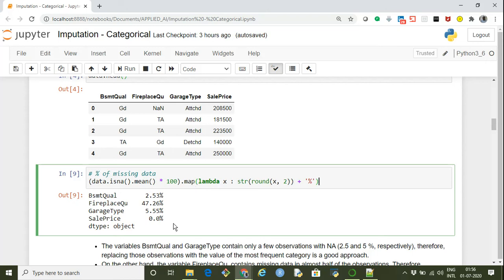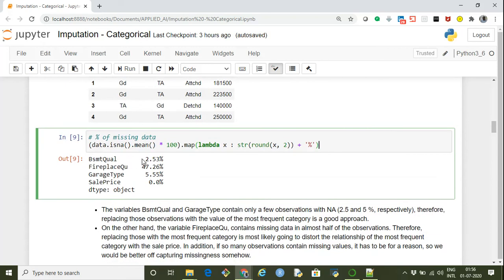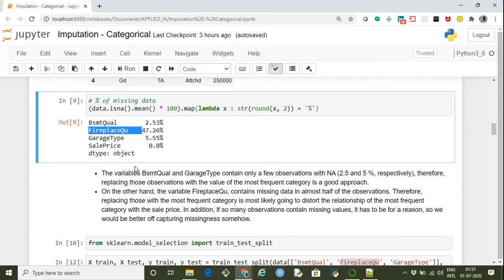So what we get is this output. This shows that the basement quality has 2.53% missing data, garage type has 5.55% missing data, but if you see this particular column, fireplace quality, it has a big number of missing data, that is 47% data is missing. Sale price, again, is the target, so obviously there is no missing data because you expect it to be there for all the records. That is fine.